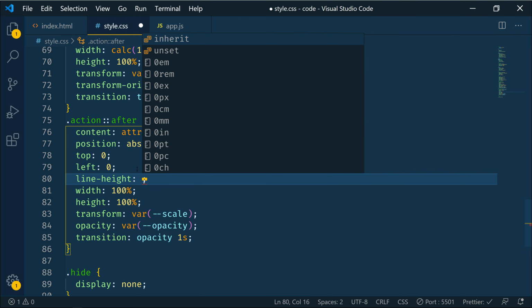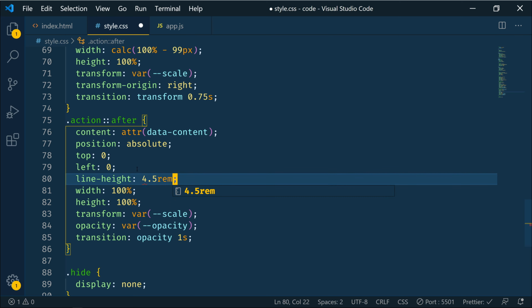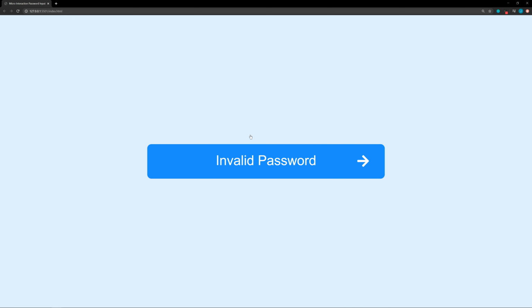And we'll set it to 4.5 rem. Save that and go back. And there we go. Let's refresh. Nice. All right, so now we need to work on the actual validation, checking to see if the password is